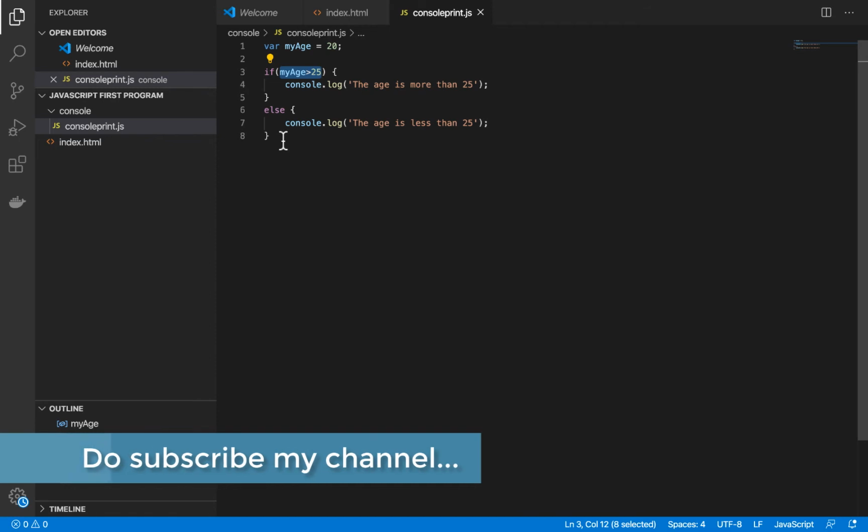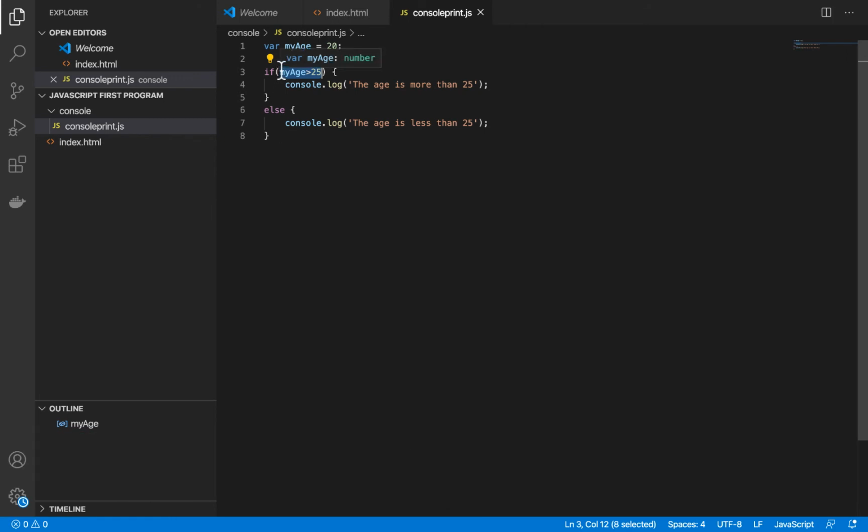So the if-else statement is nothing but a conditional statement which helps us to take a decision based on the input provided in the condition within the if statement. This is a very basic example that I've shown you to help you understand the importance of if-else and how exactly it works.